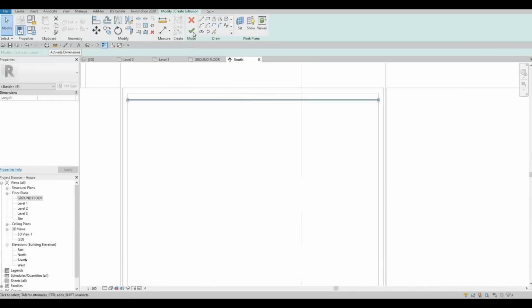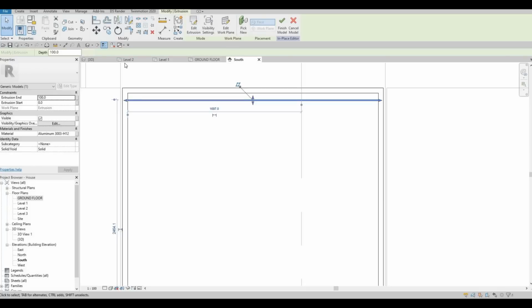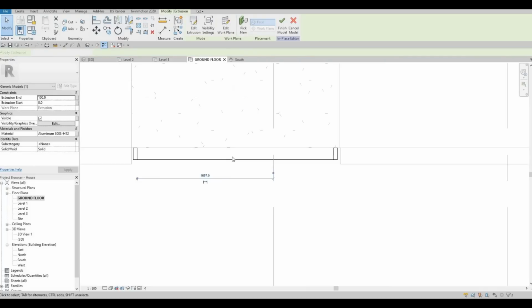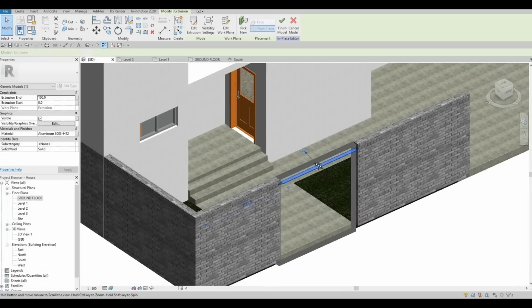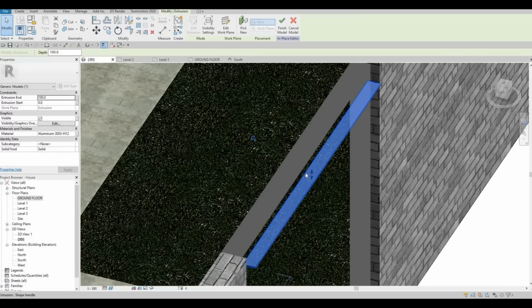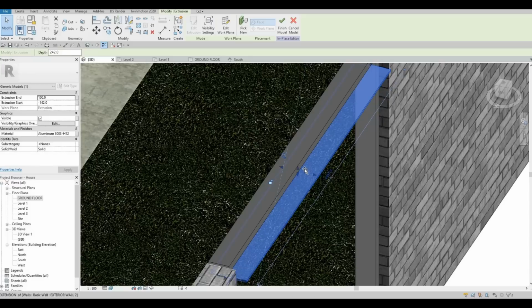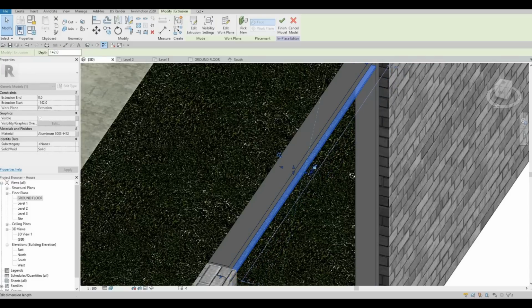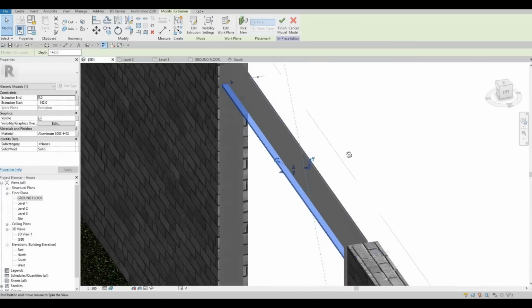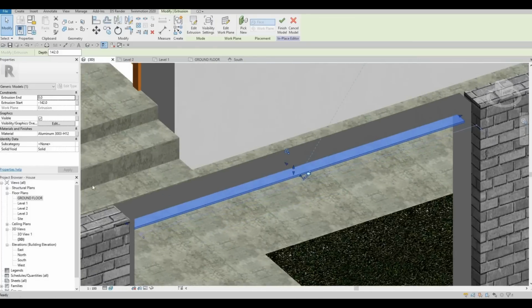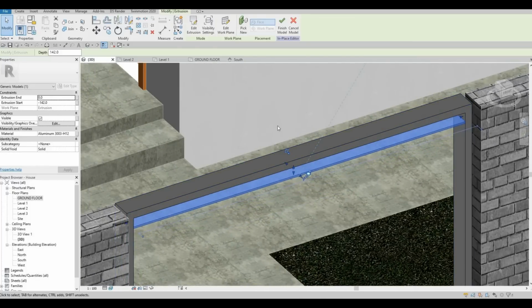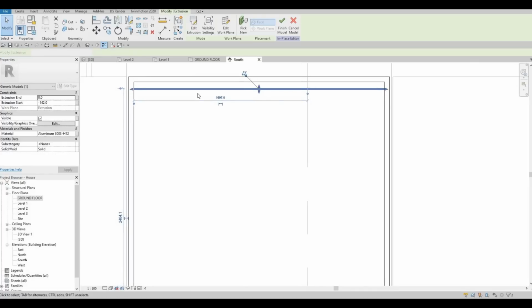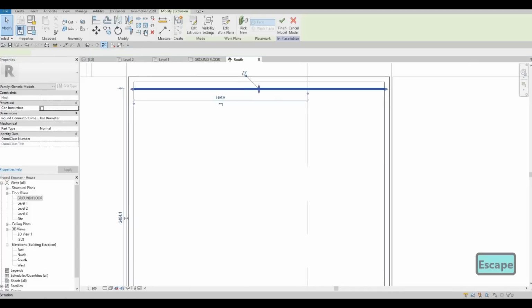After this, I'm gonna click on finish first, go back to ground floor, and then we could go to 3D in order for us to see, and then let's just push it like that, and then go from the inside like that. Now it's looking like this,